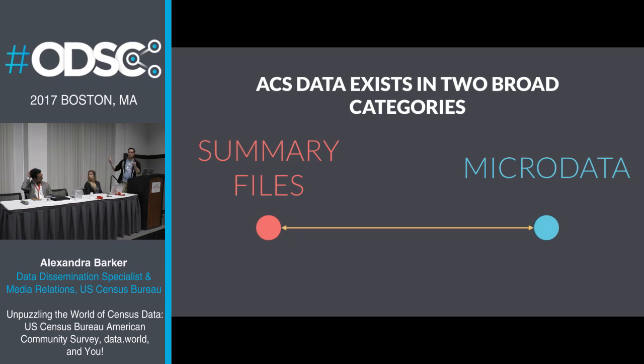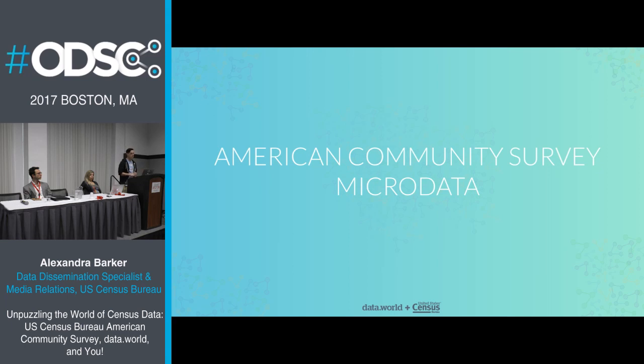So there are these two different types, and I went about them in different ways. And I'm going to talk about both of those briefly. There's actually a third, by the way. It's a hidden one that's not listed up here, and it's the shapefiles. So if you're doing geospatial, the census provides shapefiles. And I actually didn't touch that because I'm not a geospatial expert.